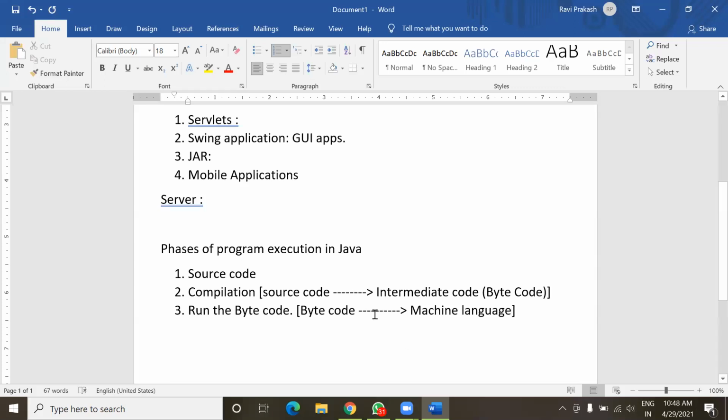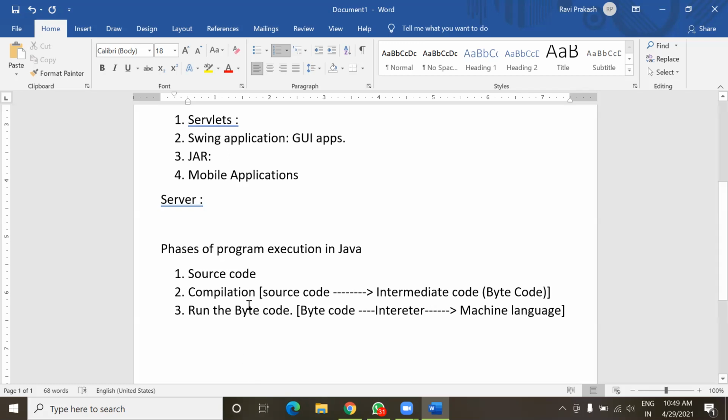And here this conversion is done by another translator that is called interpreter. Means Java uses both translators, compiler also and interpreter also.